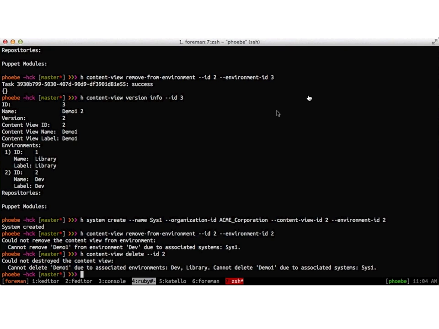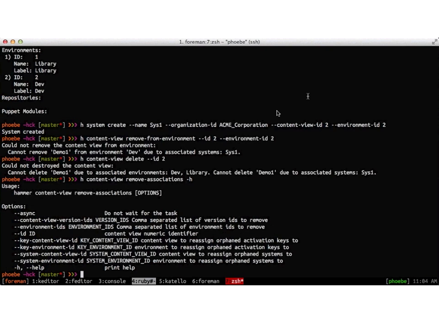So here I'm going to show you the wizard that we created. It's called Remove Associations. I've got a bug because the alignment's messed up, but you can see it takes version IDs, it will remove those versions, it takes environment IDs, and it will remove the content view from those environments. It takes a view ID for a key, an environment ID for a key, a system content view ID, an environment ID for a system, and it will reassign the system or key to whatever content view and environment ID